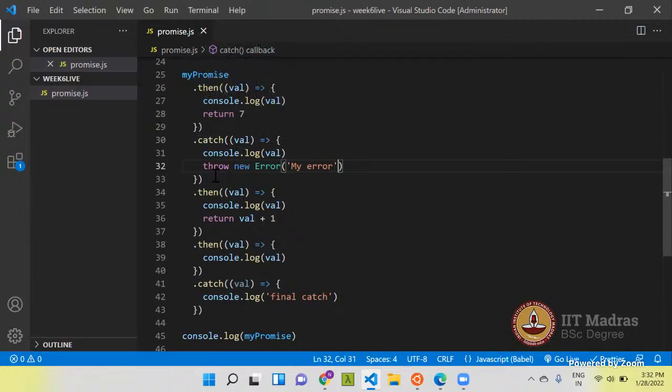So till now, this is the first promise, and this is the second promise, and this gets rejected. So this will not be triggered, but the catch will be triggered. But I want this error to pass down the chain.